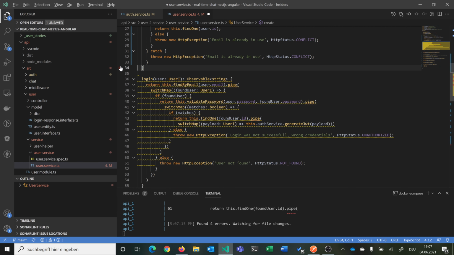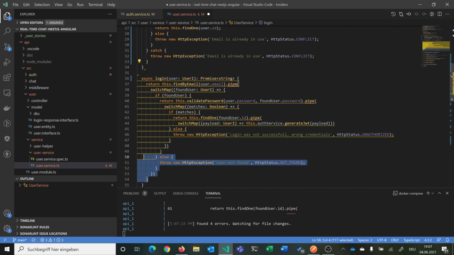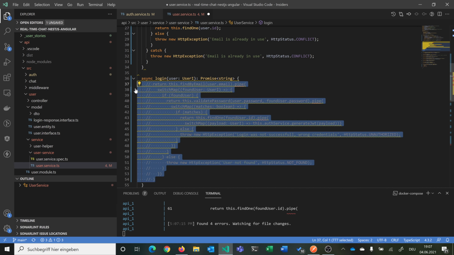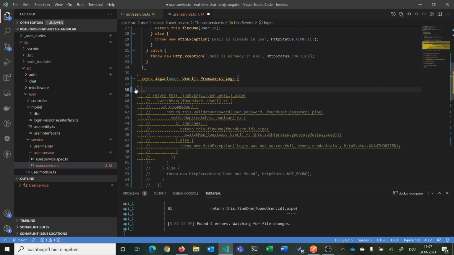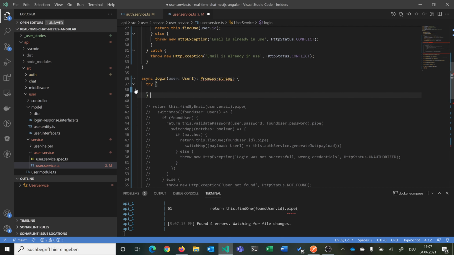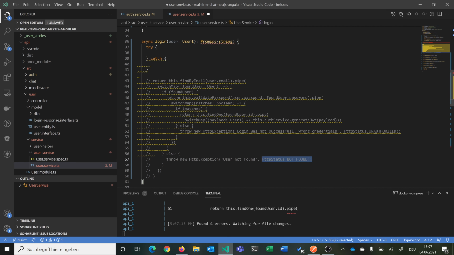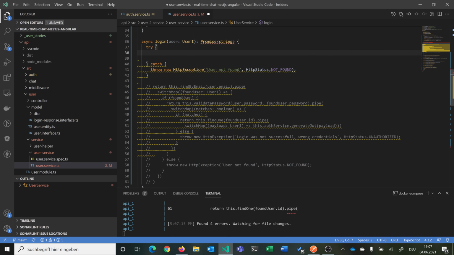And now we can also refactor our login stuff. So we have to say async. And now we want to make a promise, and we can also comment out everything here. So we can again wrap this in a try catch. And then we can throw here a new HTTP exception. And now on login, we first, like before, want to find the user